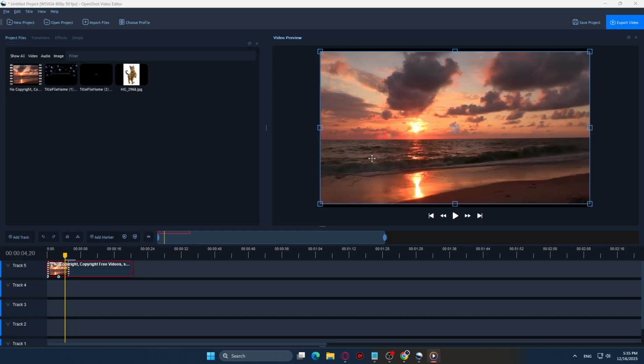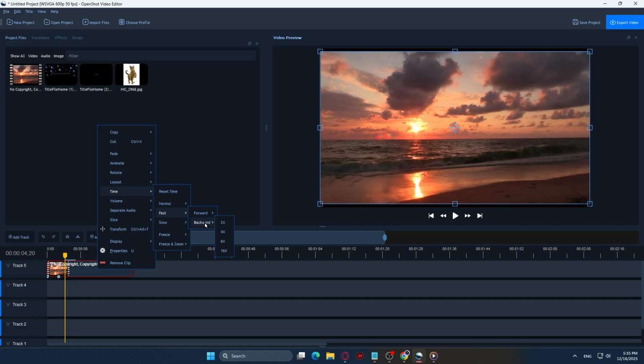Give OpenShot a moment to apply the change. On longer or higher resolution clips, it may take a few seconds. You can now press play in the preview window to watch your clip run backward from end to beginning. If your clip includes sound, the audio will also be reversed. That's expected and useful for some effects, but if it sounds distracting, consider muting the clip's audio or using a